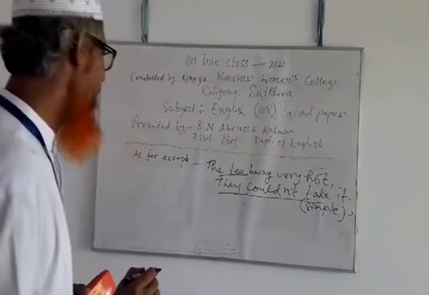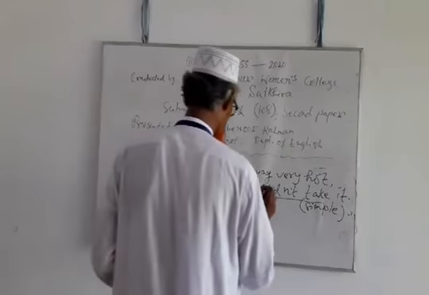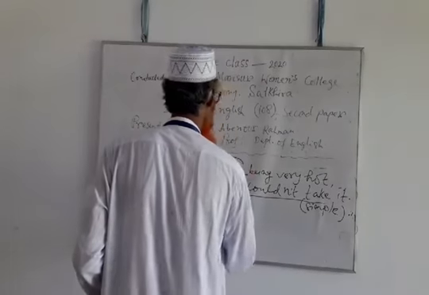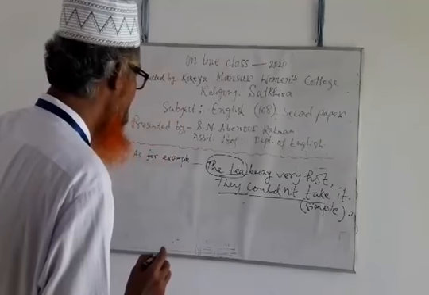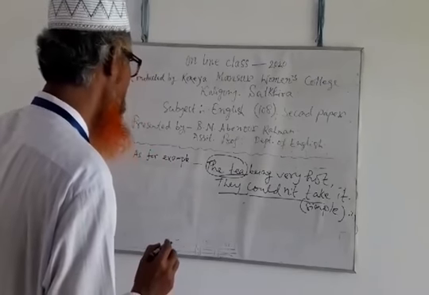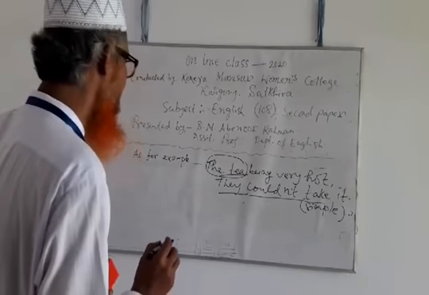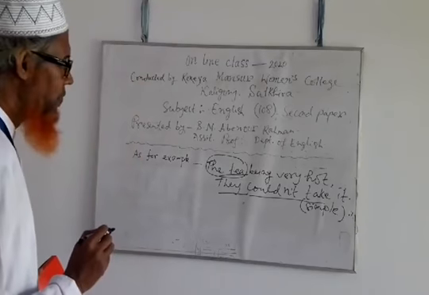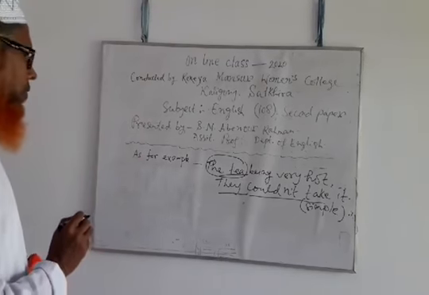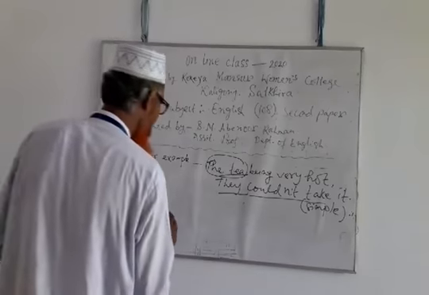And the participle phrase is here, the day being very hot. Here you notice another subject, the tea. So here the subject of the subordinate clause and the subject of the main clause are different, in case of a complex sentence. So